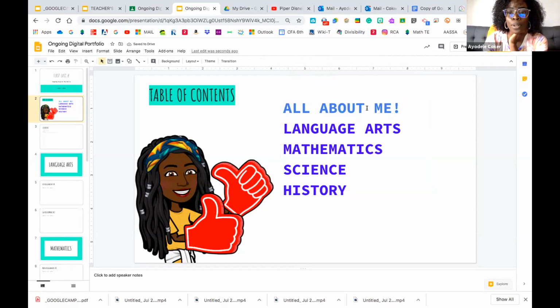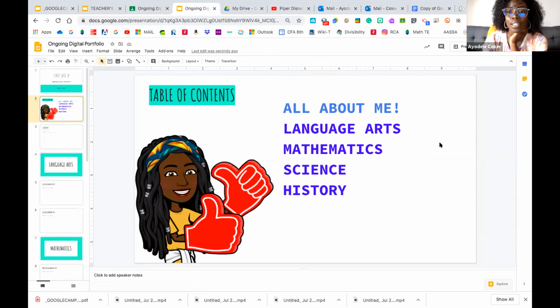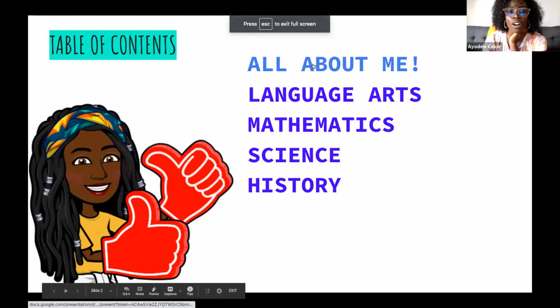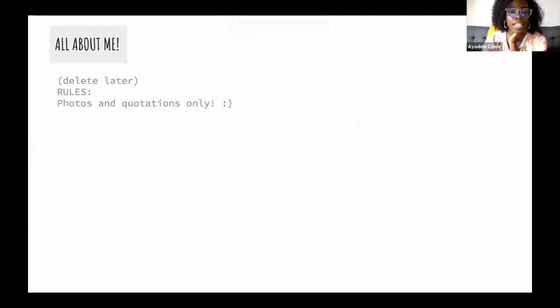Now, when I put my mouse over it, or you click once inside, it should tell you what it's linked to. It's telling you this phrase is linked to slide 3. It's really fun and a sure way to seal the deal and know that it goes where you want it. By presenting, I always tell the kids, just test it out by presenting it, and then clicking on that phrase and make sure it takes you to your All About Me page. And it definitely did.